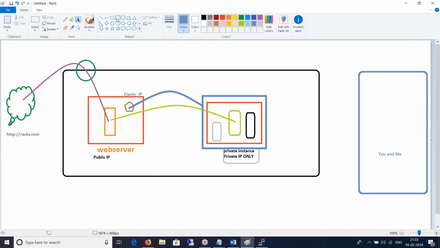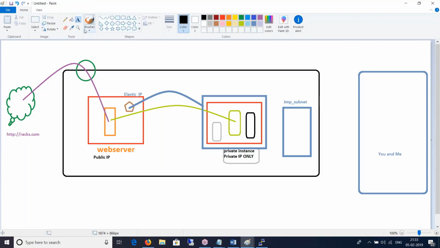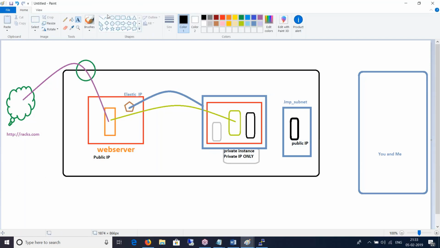Well, what you do is create a special subnet. In production environments, we call it a bastion subnet or a jump subnet, and create one virtual machine, probably Windows or Linux, doesn't matter, which will have a public IP. Because it has a public IP, you can definitely RDP from your premise or from your home to this machine, and from here you're in a common LAN.